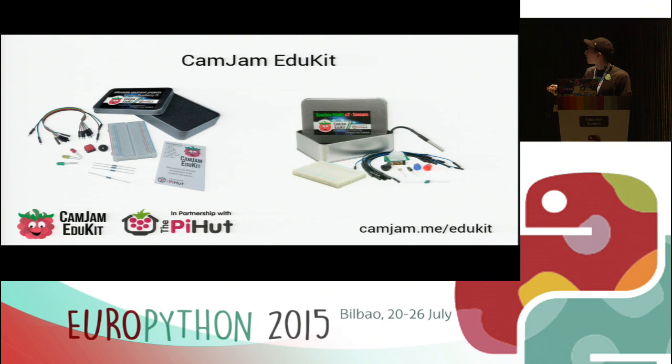They're called the CamJam kit. They're just a collection of really useful bits for lots of these types of projects. This is kit 1, which has a breadboard, some buttons, lights, and resistors, and wires. And this is kit 2, which has a load of sensors. It's got a passive infrared sensor, so you can use that as a motion detector. It's got some LEDs, a buzzer, and some other bits in the breadboard. These are really cheap, so this one costs £5, and this one costs £7. So really kind of pocket money